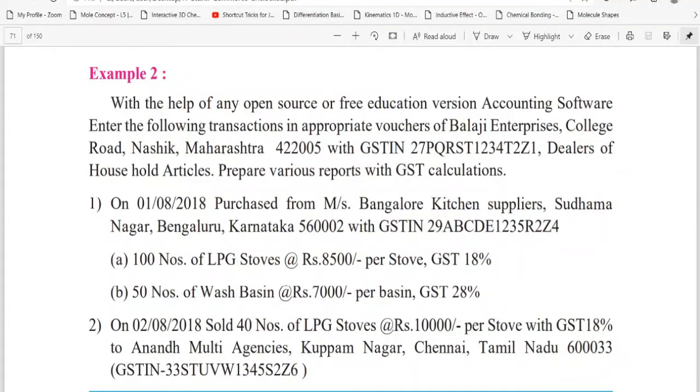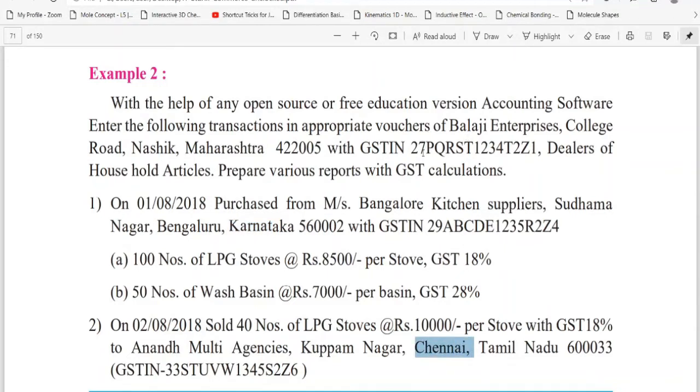So now we will solve this problem using Tally. Let's read the problem first. Balaji Enterprises company from Maharashtra is purchasing products from Bangalore Kitchen Supplier, who belongs to Karnataka state, and selling some products to the agency, that is Anand Multi Agencies from Chennai, Tamil Nadu.